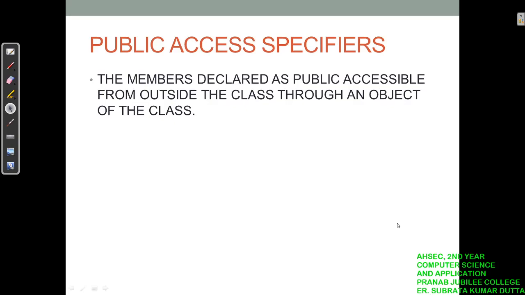Those declared as public can be accessed from anywhere in the program. There is no restriction that it should be inside the class only. You just have to create an object of the class.